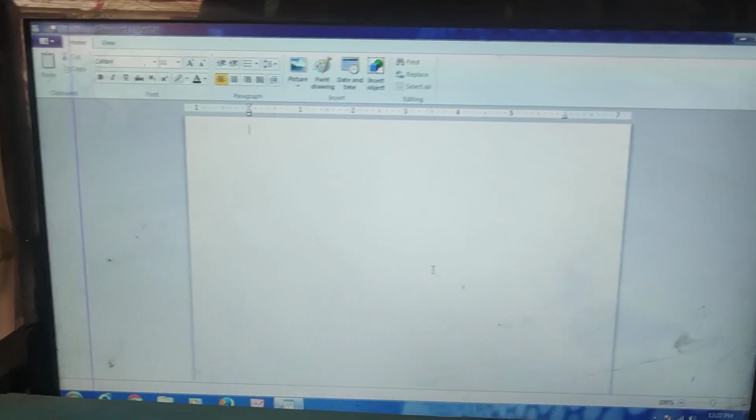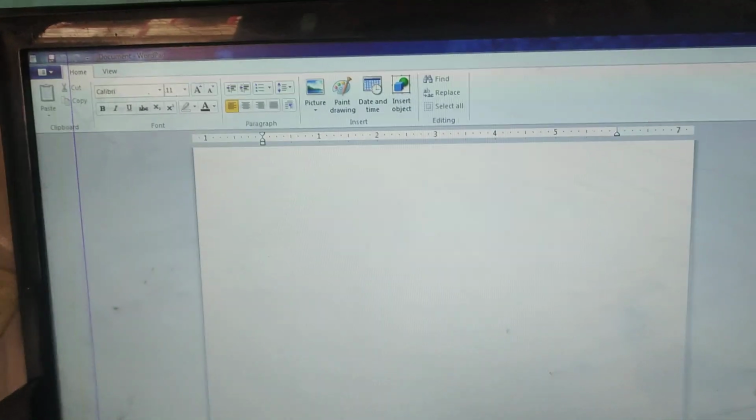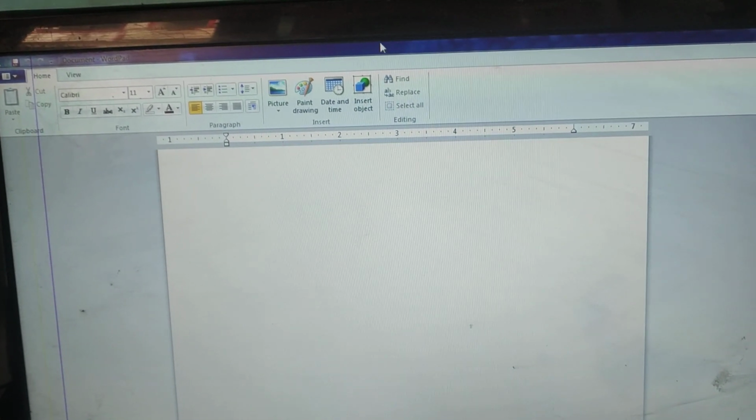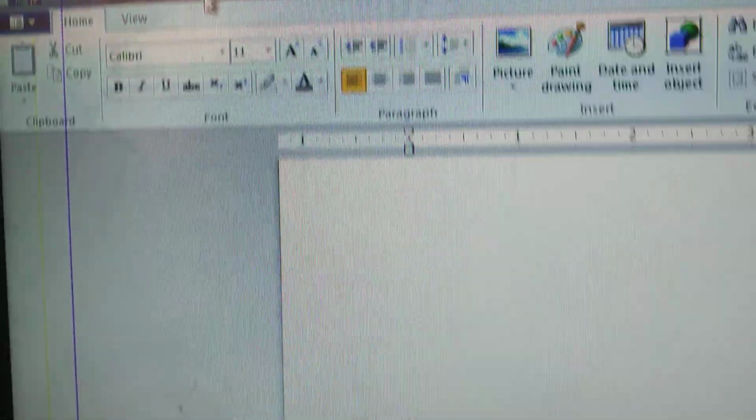Now one thing: whenever you are opening any application, the first bar is called the title bar. On the title bar, we can see the application name and file name. Along with that, we can see 3 sizing buttons.